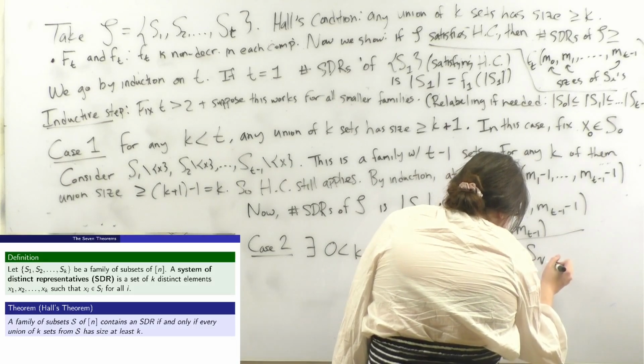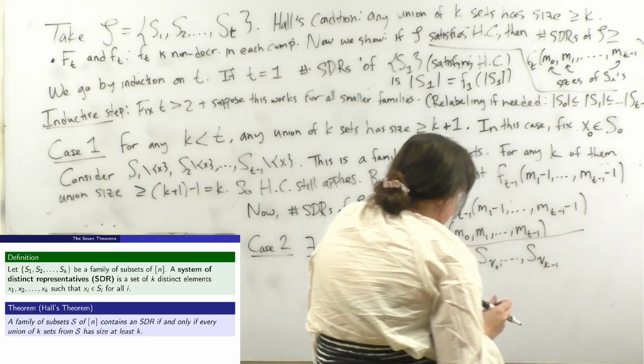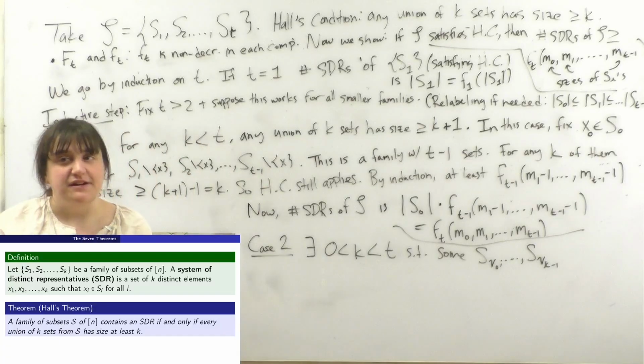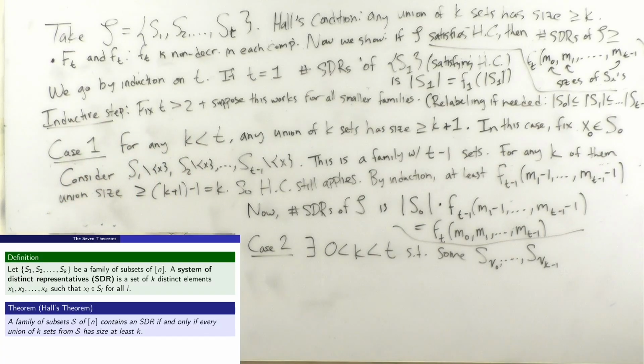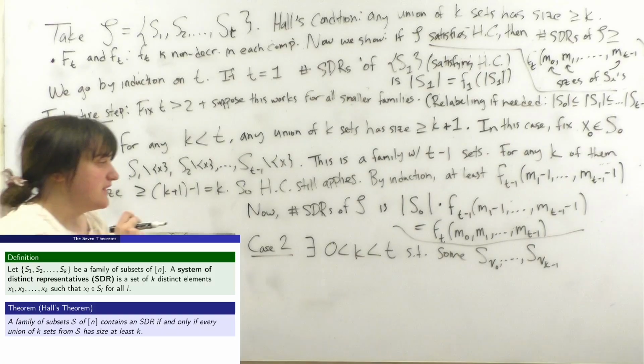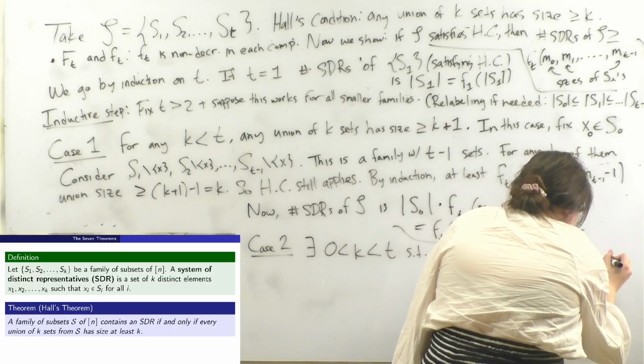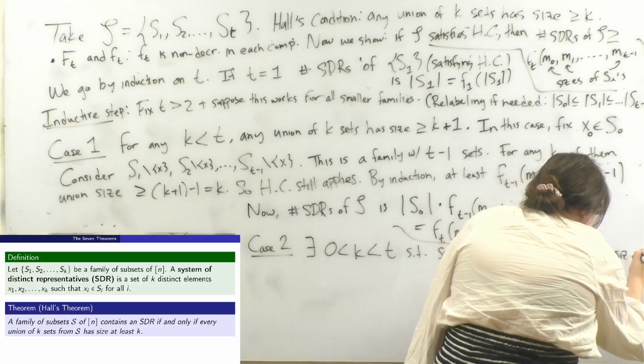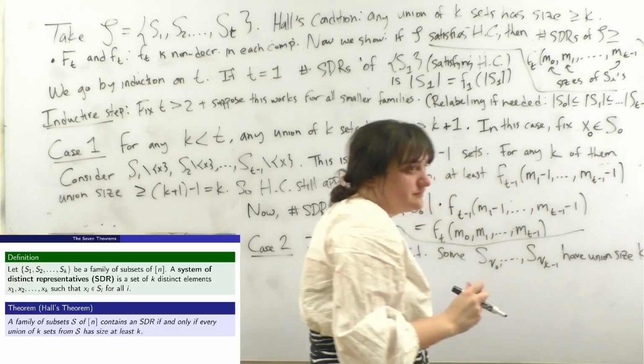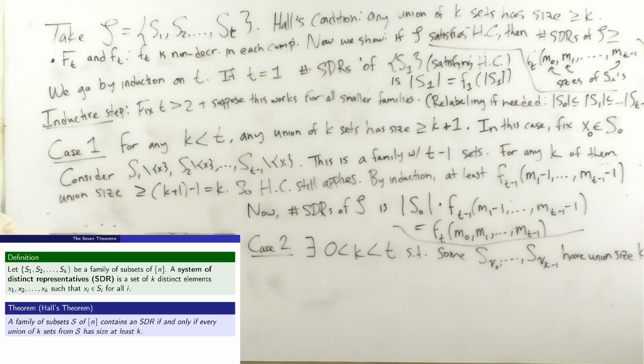So I get some set of K of these, S nu naught through S nu K minus 1, where actually the union of these has size exactly K. Okay, if that happens,